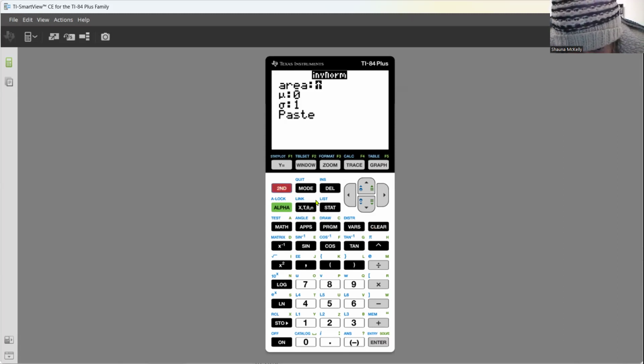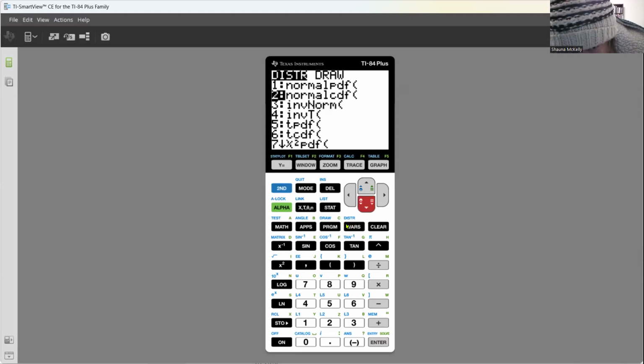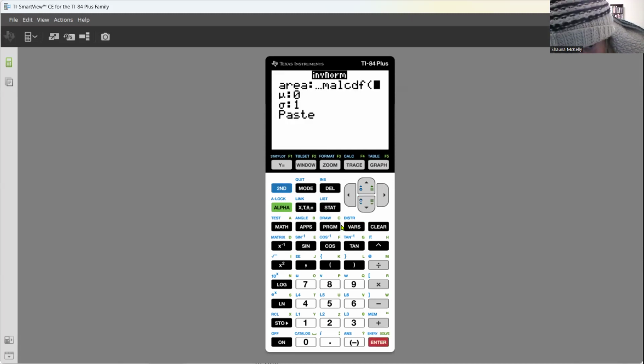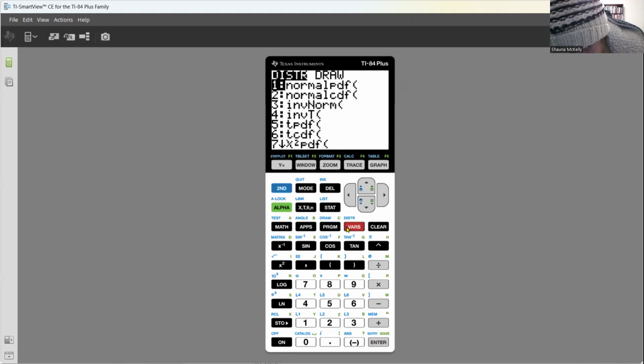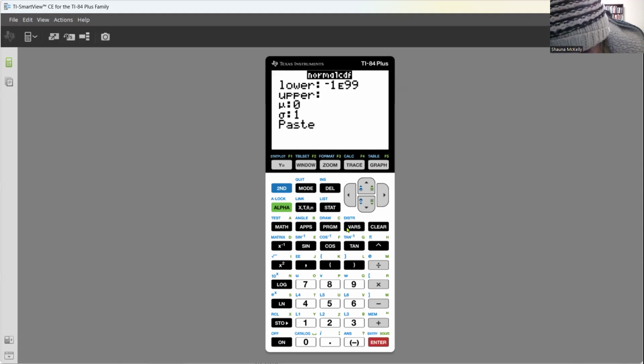Second distribution, normal CDF right here. And I'm not sure why it's doing that to me. Let me quit from here and try again. Second quit. Okay. Let me try. Second distribution. Sometimes the emulator acts a little weird. I haven't figured out why it does that, by the way, but normal CDF, I'm just